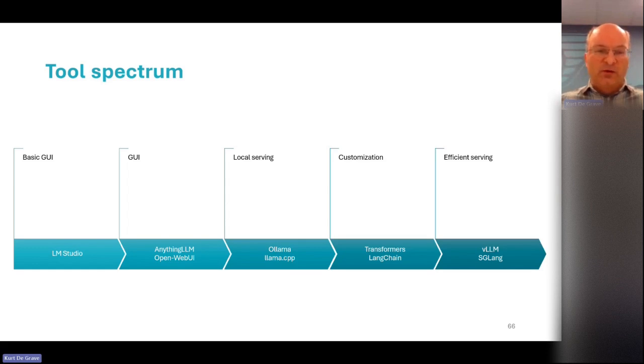If you want to do local serving on a smaller scale, then llama.cpp is a popular library. It's well known because it can use both GPU but also CPU inference.